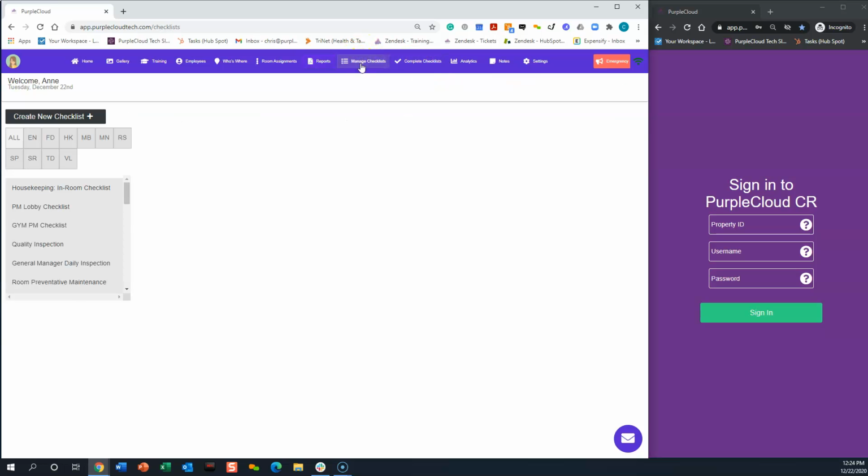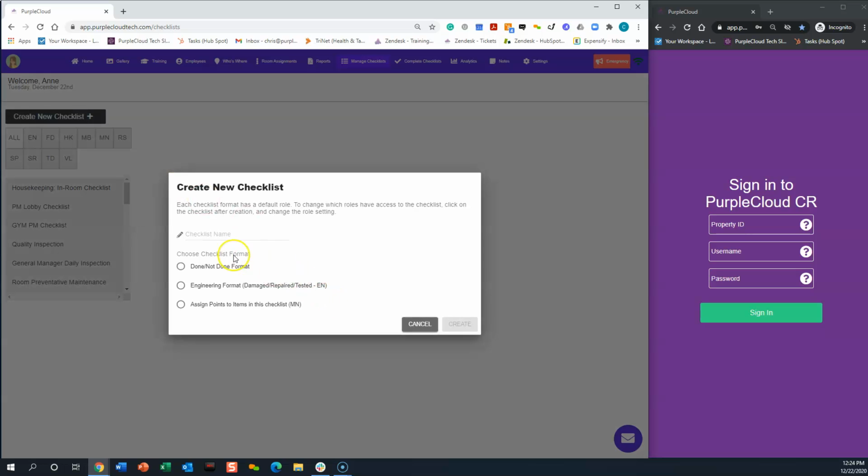So we talked about checklists just a moment ago, but we also have an area for you to create new checklists inside of the system. So to create a new checklist, you simply click on Manage Checklist here. Click on this black Create New Checklist button. And now you can give your checklist a name. So let's say, this is an in-room checklist for housekeeping. Actually, let's do out of room because it looks like we have in room here. So let's do out of room